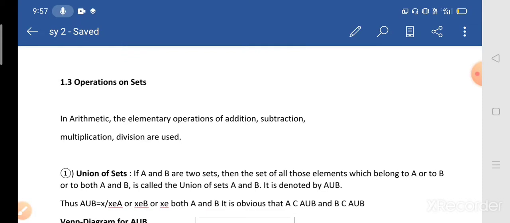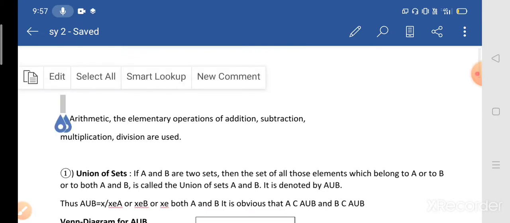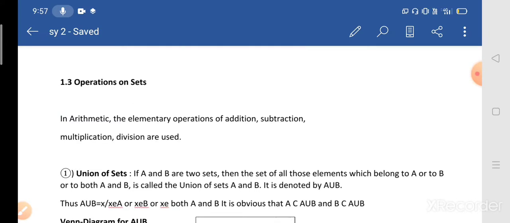Similarly, here is the universal set. Here the sets under consideration are regarded as subsets of a fixed set. Such a set is called the universal set and it is denoted by capital U or capital X. Means any fixed set of which the others are subsets is called the universal set. The universal set serves as the frame of reference for a particular discussion.